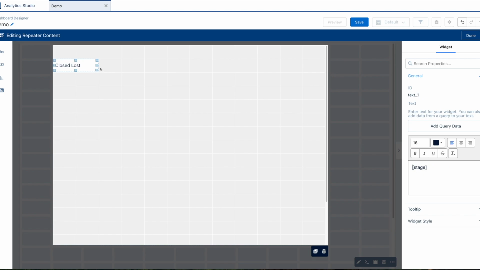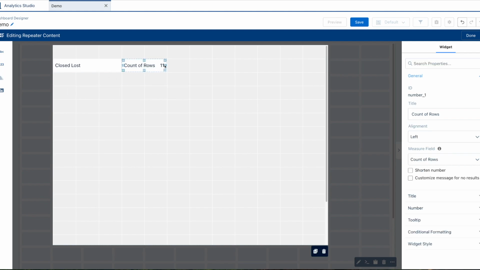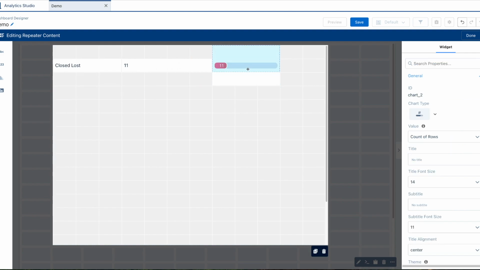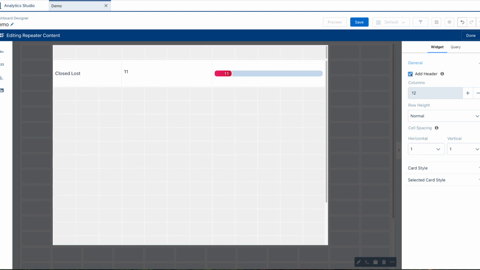And then we're going to add our number, our metric. And then we will add a chart. So go and put these in here, and this is all standard behavior for a repeater widget. Now, what you can do, coming up soon in the new release, is select this option here, add header,